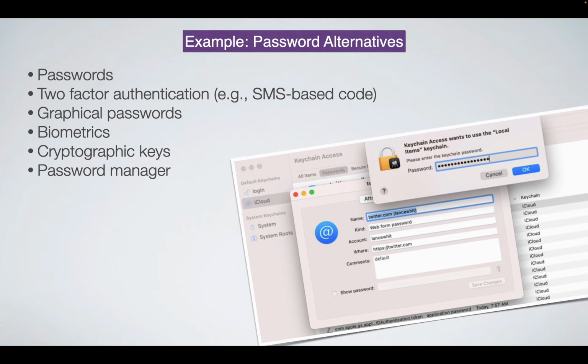Okay, another one is a password manager. In this case, we do use passwords, but instead of me remembering them in my head, my computer remembers them for me. It generates them for me, so they're really random and secure, and they have special characters and all of that type of stuff. Maybe I have a master password that gets me into the password manager, but other than that, I don't have to type passwords in all the time. So personally, this is what I use. This is the solution that I like. Sometimes I'm forced to use one of the others.